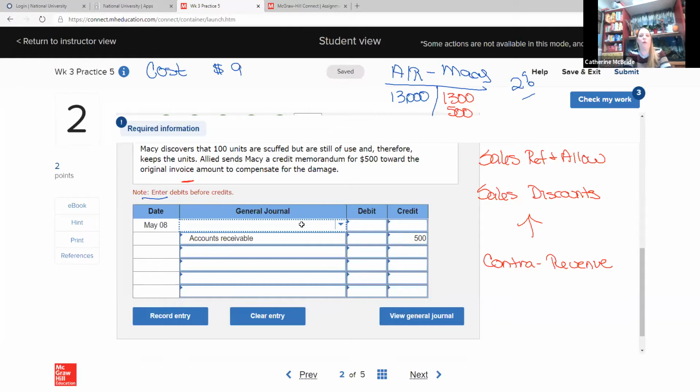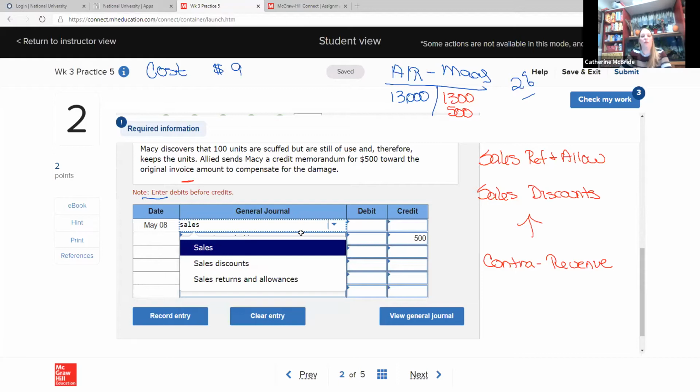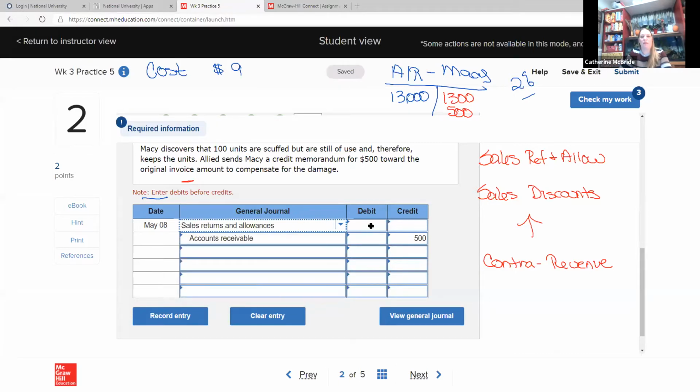And we're going to do sales returns and allowances for $500. So the first one was a return. This one is an allowance, and we're about to see sales discounts. So perpetual, as the buyer of the inventory, we just adjust inventory. As the seller, we're going to use sales returns and allowances instead of inventory. And then